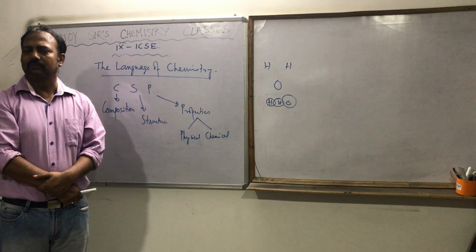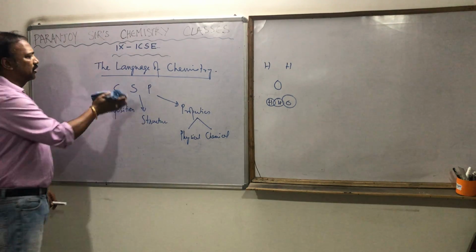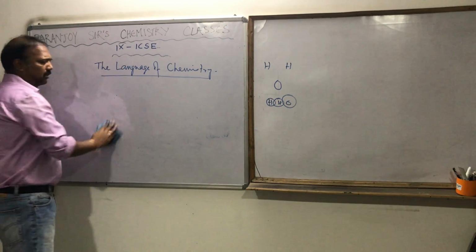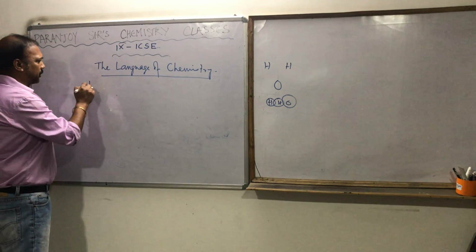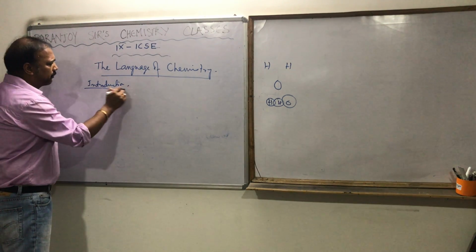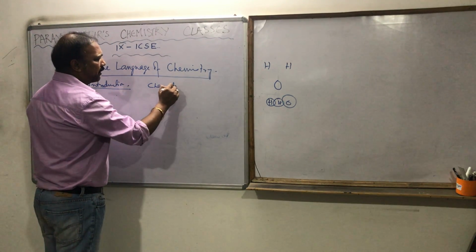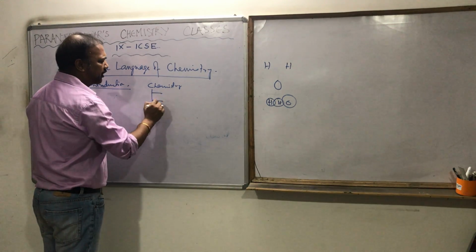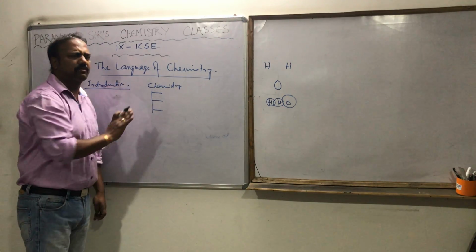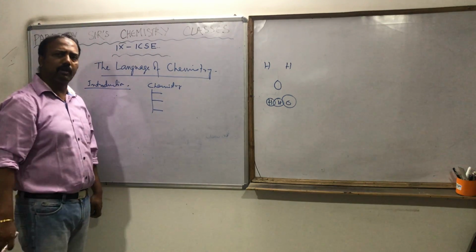Clear? Very good. Now we are going to move to some terms which you must know. Before that, let me tell you that this is actually the introduction part. We know what chemistry is, but we must also know that chemistry is mainly subdivided into three branches. Right now we are going to know the names only, not in detail. As we go to higher classes, we will learn about them in detail.